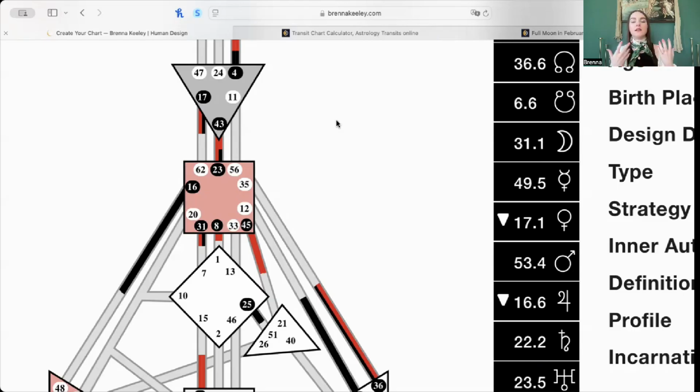Gate 56, and anyone who has this placement in the throat center is somebody who does share stories and omit certain information to prove a point, which can be good when it comes to certain aspects of marketing or knowing that you can lose people when you get too much into the nitty-gritty details of things. However, it's where we see, when used for negative purposes, lying, not telling untruths, telling half truths, and being manipulative for the sake of being manipulative under the guise of